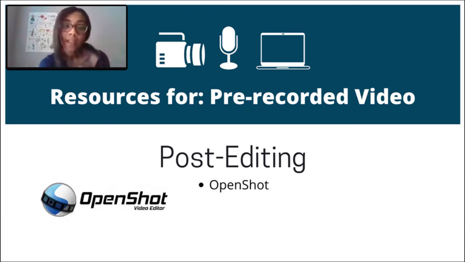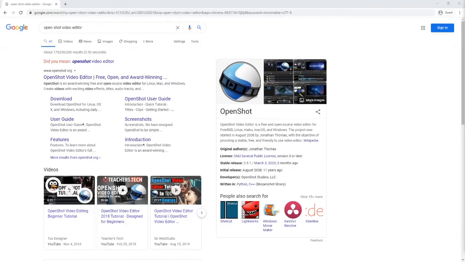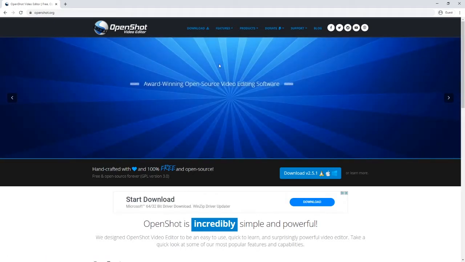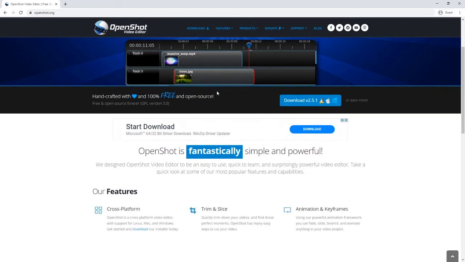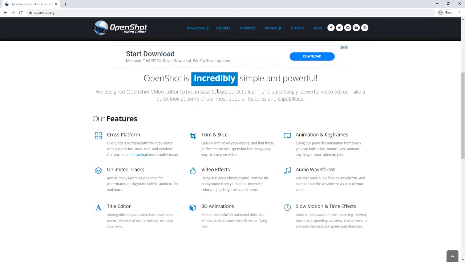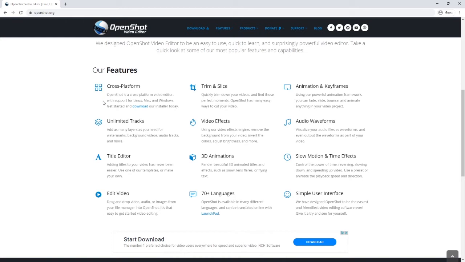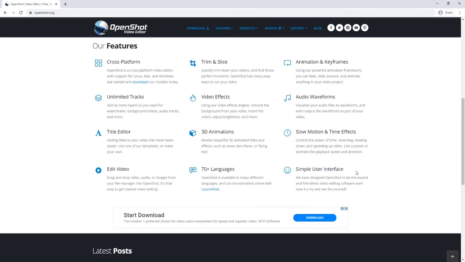Another free editor, OpenShot video editor, is an open source editor that is available for download directly to your computer, that I believe is available with Windows, Mac, or Linux operating systems. Just kind of clicking so you guys know where you land when you hit those pages. But another pretty powerful free resource. I think this is one of the more popular ones of some of the smaller editors that I mentioned, but still really capable of doing a lot of edits within this program as well.